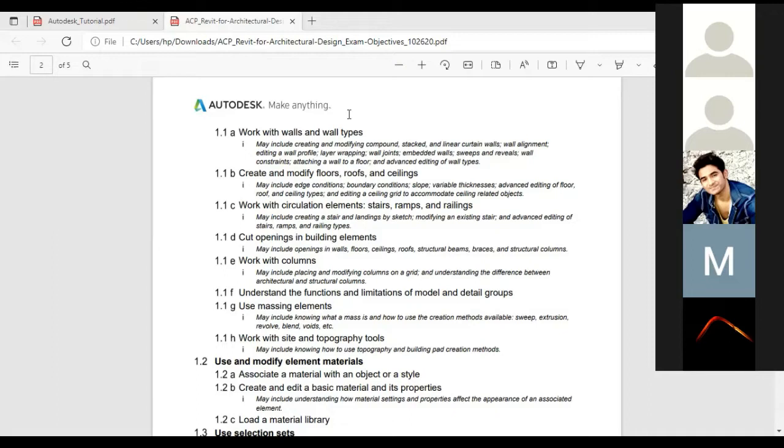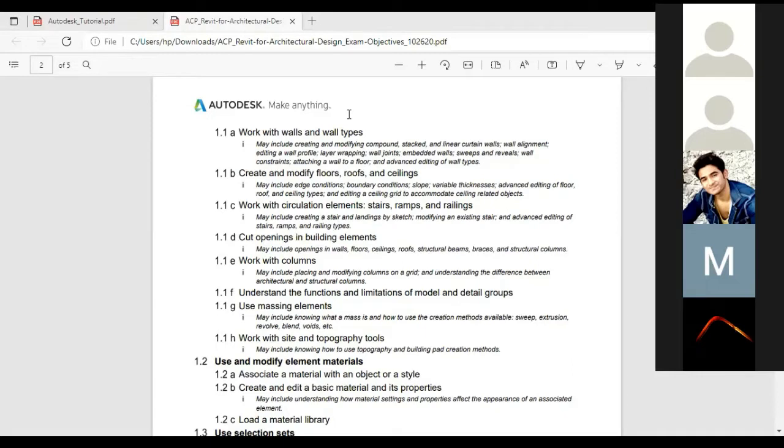Likewise, here you can see railings. How can a question come in the railing part? Suppose they ask you to choose a particular railing and provide some particular offset value, and you need to make a railing. Where they ask us to create that particular railing, we need to do it like that. After that, the question will be: what is the length of the railing? So we need to find out the length of the railing.